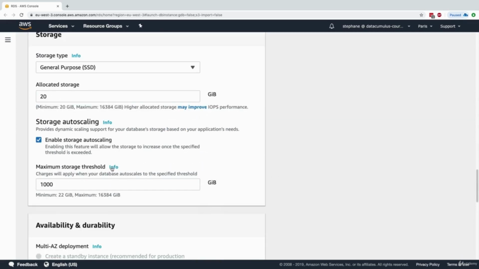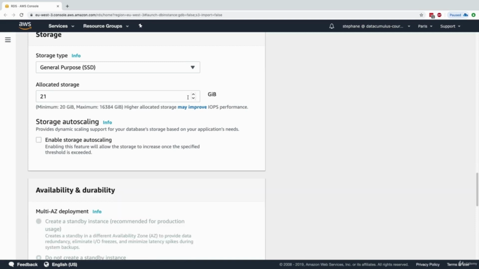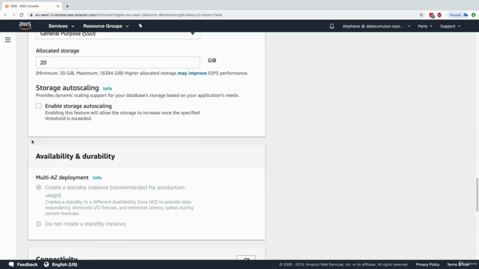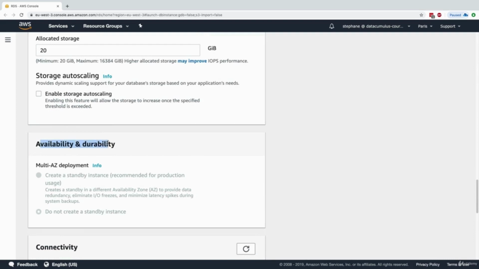Okay, now for the storage autoscaling, we can enable storage autoscaling. That means that if we keep on writing to our database and we reach this 20 GB of storage, it will automatically increase it for us. So we don't have to do it for now, but I will disable it and we'll go right back to 20. Okay. Now for the availability and durability,